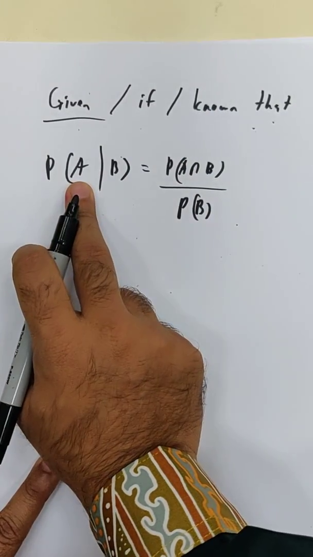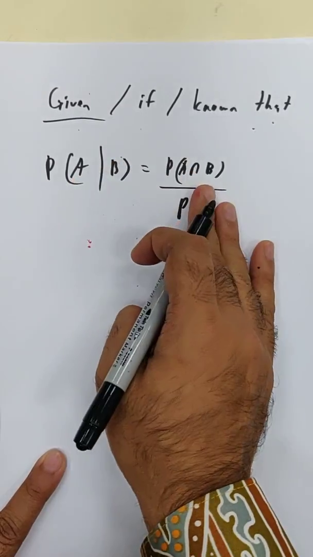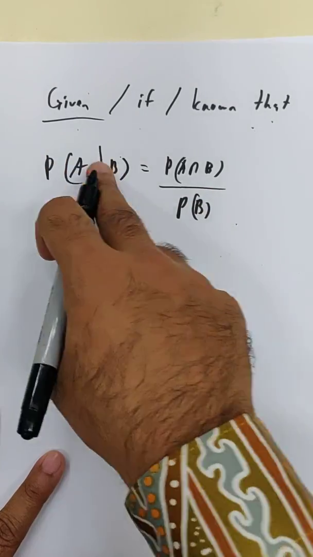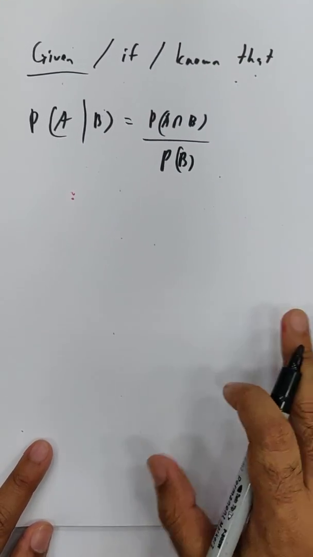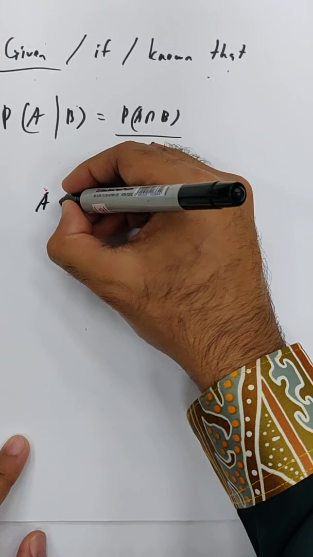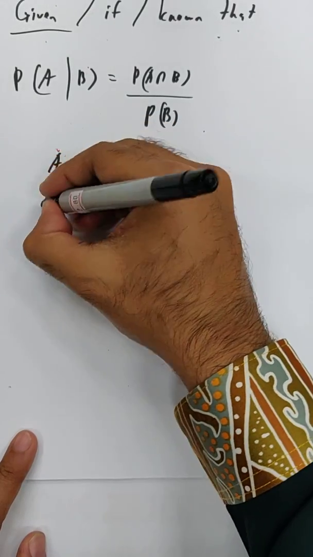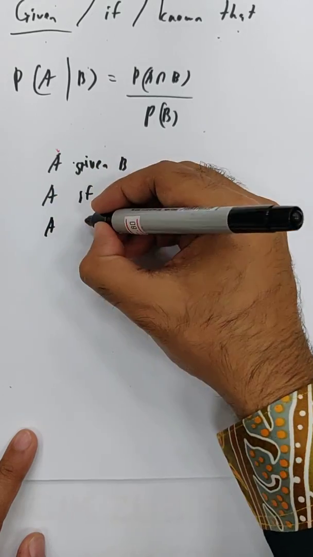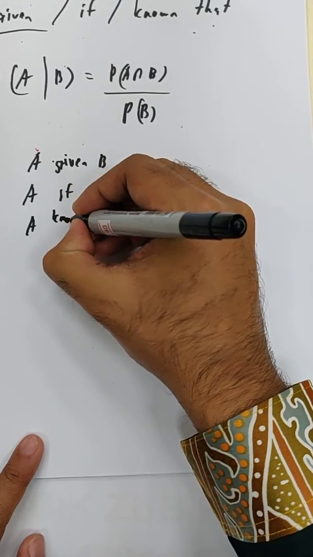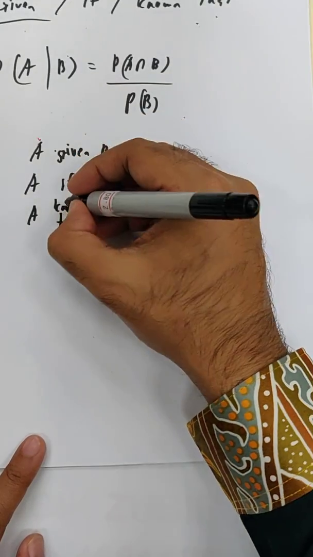I've seen people who say, sir, I don't understand this. No, it just simply means this. And some people mistake it for the union. No. It means P(A intersect B) over P(B). Simply, if you see this, write it in this way. In exams, they can give you all sorts of wording, such as A given B, or A if B, or it's known that, or knowing that. Okay, maybe I need to write this down a bit properly.